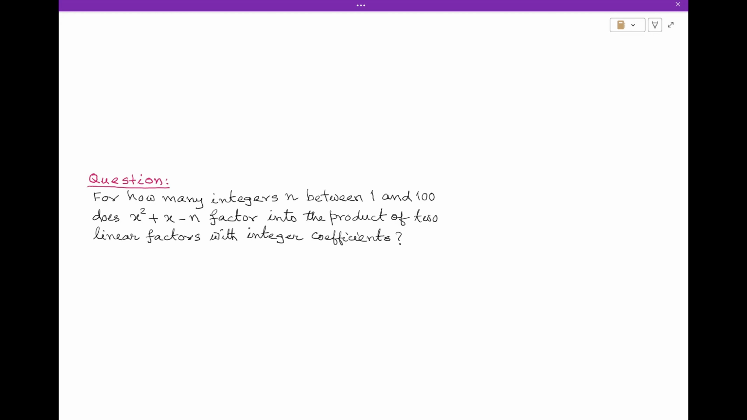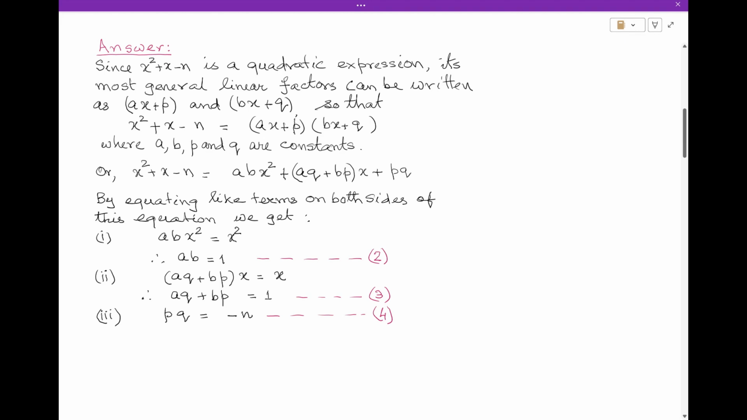For how many integers n between 1 and 100 does x square plus x minus n factor into the product of two linear factors with integer coefficients? Since x square plus x minus n is a quadratic expression, its most general linear factors can be written as